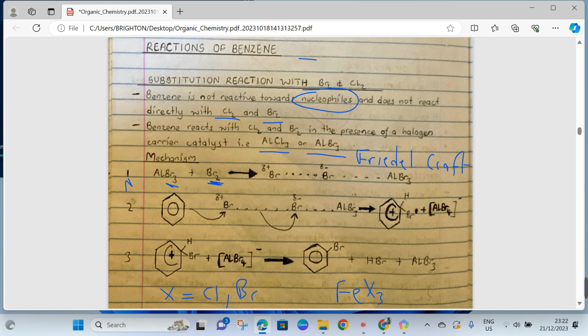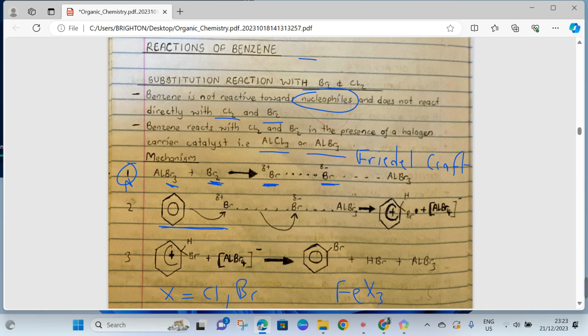Let's go to the mechanism. In the first mechanism, we've got the halogen carrier catalyst polarizing the halogen molecule to produce a partially positive bromine and another partially negative bromine. Then when the benzene comes in the second mechanism, it helps to cause a heterolytic cleavage, breaking the halogen,